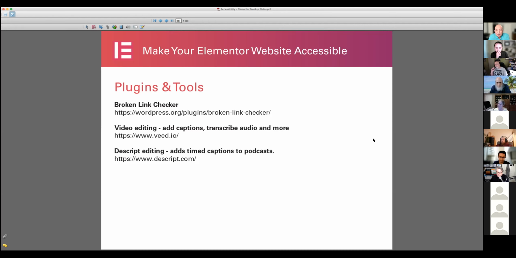Actually, AAA is almost impossible to reach, from what I've read. AAA rating, it's basically impossible to reach. Well, if we were a large enterprise with a lot of developers on board, we might be able to do that. But yeah, I think if you can meet AA conformance level,